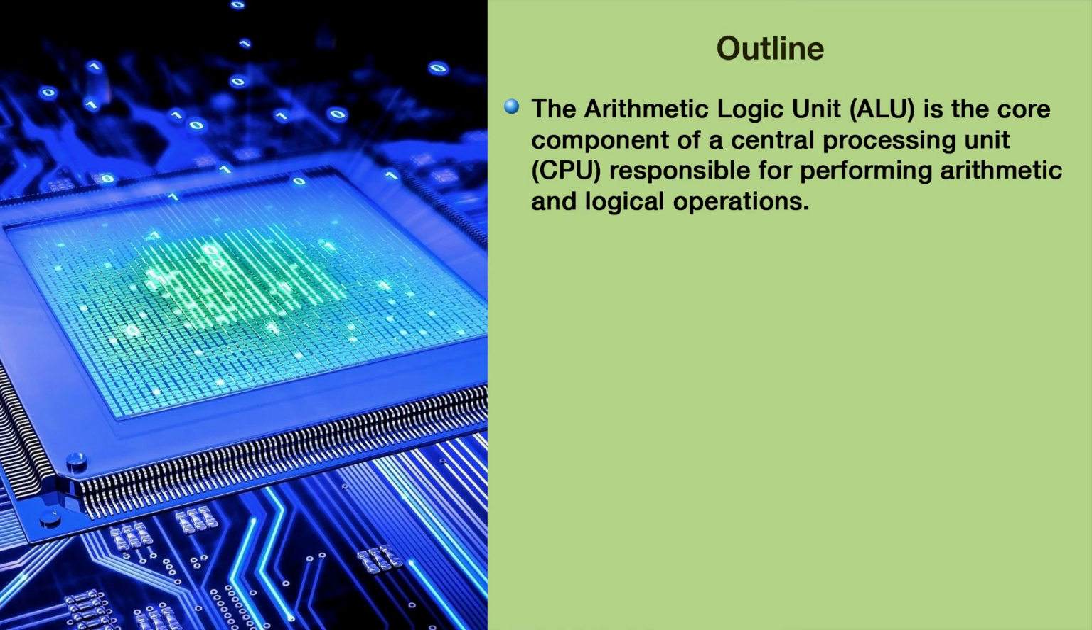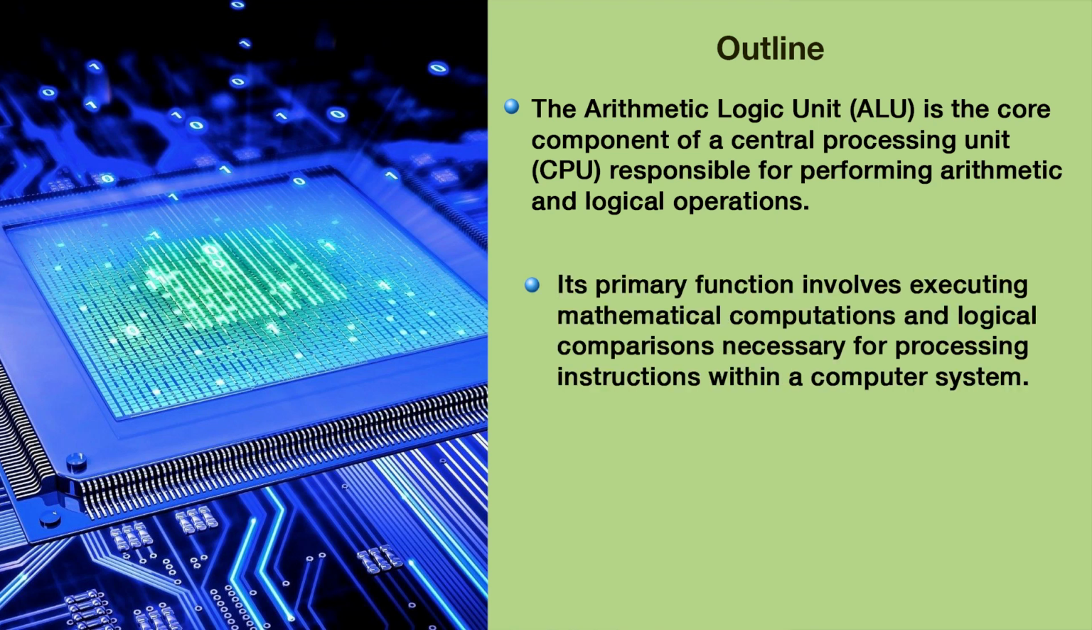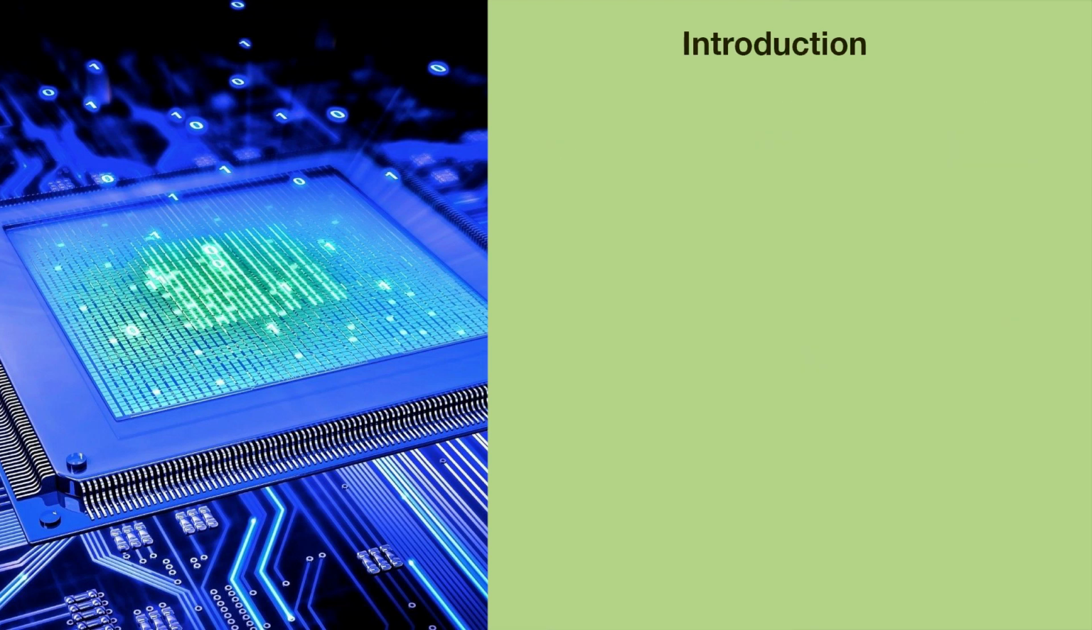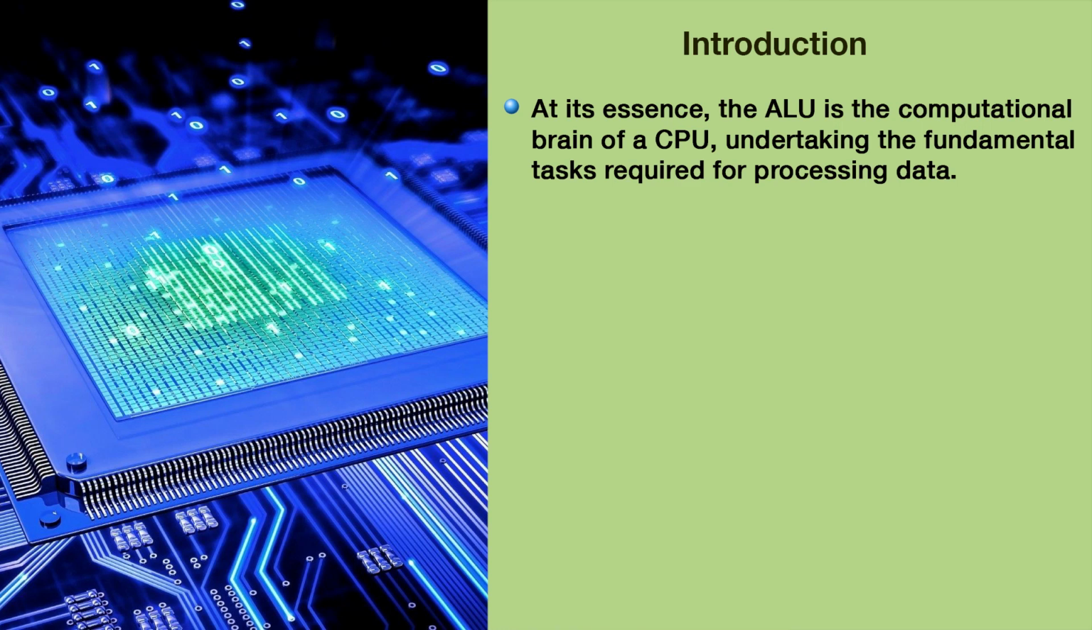The arithmetic logic unit is the core component of a central processing unit, that is called CPU, responsible for performing arithmetical and logical operations. Its primary function involves executing mathematical, computational and logical comparisons necessary for processing instructions within a computer system. At its essence, the ALU is the computational brain of the CPU, undertaking the fundamental tasks required for